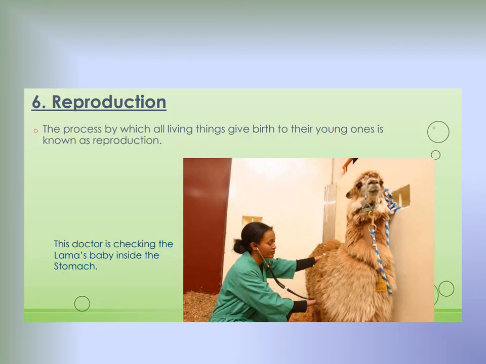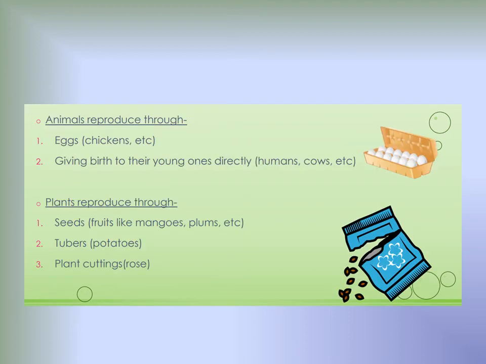We will come to reproduction. The process by which all living things give birth to the young ones is known as reproduction. So here there is a figure where a doctor is checking a llama. It is a camel-like animal found in Peru. So this is how reproduction occurs. Reproduction is of two types. Number one,